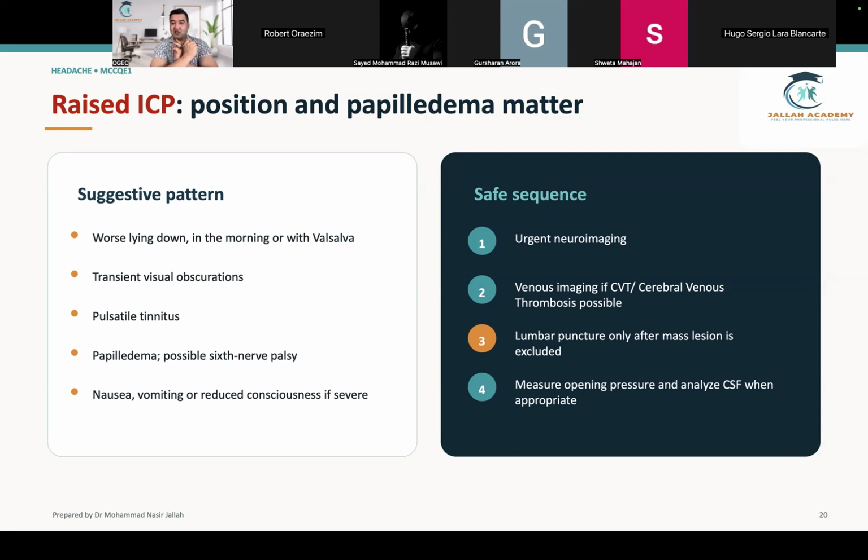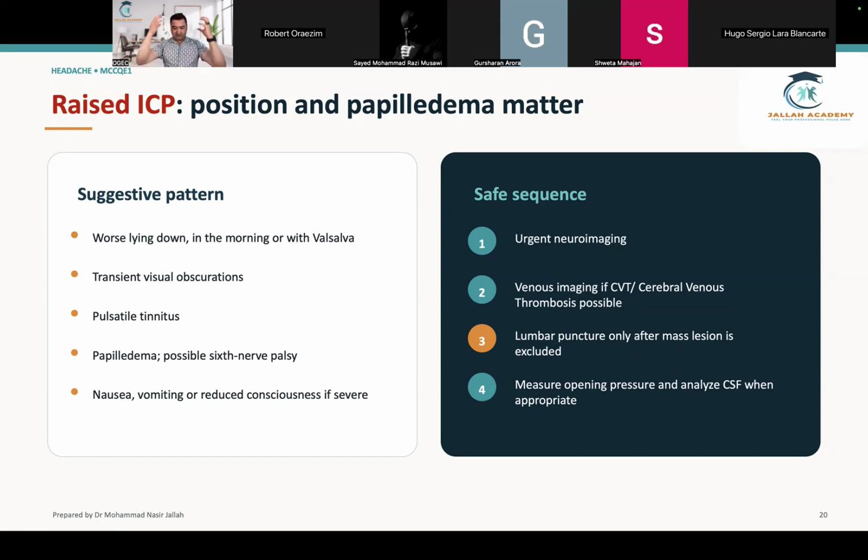And the patient not only has headache, papilledema is positive, right? So intracranial pressure causes papilledema. So you will have a middle-aged, obese female with headache. The headache has a characteristic picture. It's worse lying down. It is worse in the morning. It gets worse with Valsalva. Maybe they mention it directly, maybe they imply it.